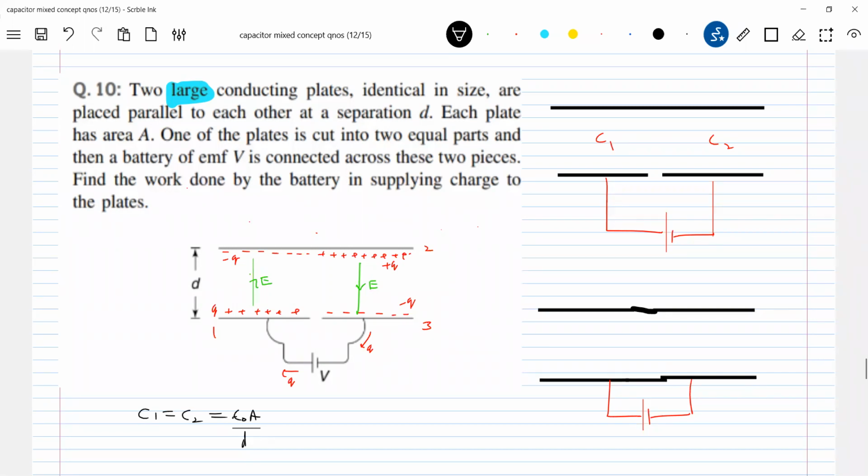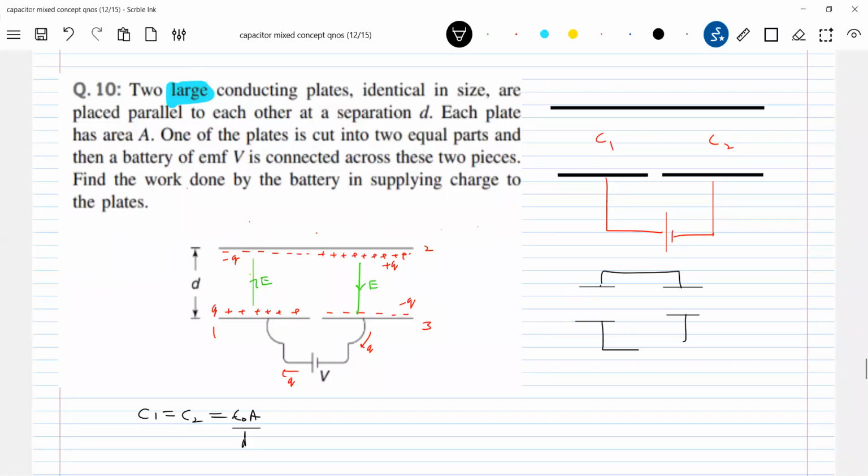I think here there's nothing to do with that one. We don't get any work done by the cell. So here the capacitors are in series, no? So what is the equivalent circuit? This I'll take out, which is of no use. So they are in series. So here the capacitor you can write like this. This is V, C1, C2.